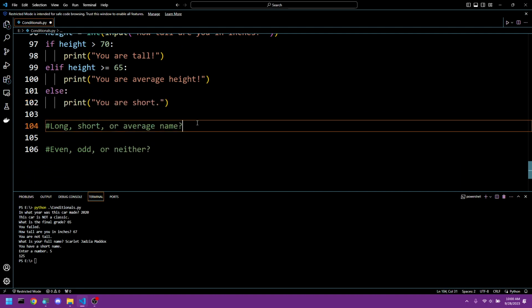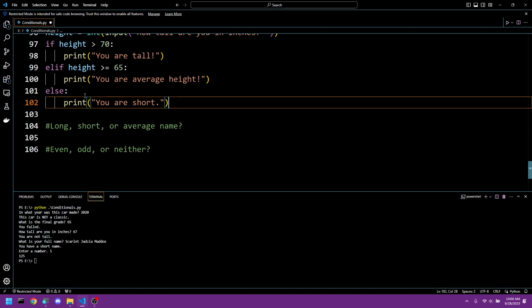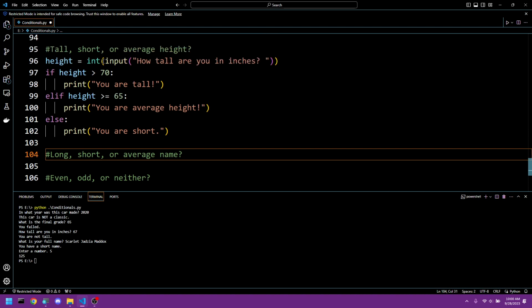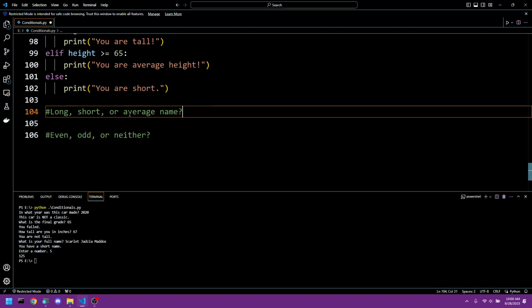Now, long, short, or average name. Well, doesn't this look really similar in wording? We can use something similar to this here. Would it be worth it to copy paste? That is up to you. But I'm going to show you another way that we